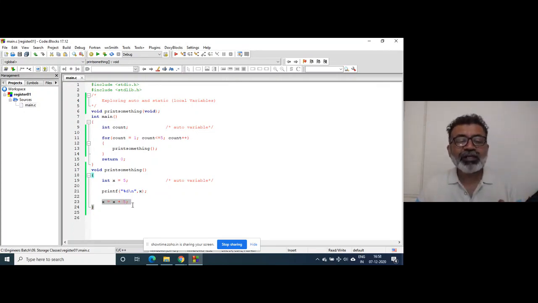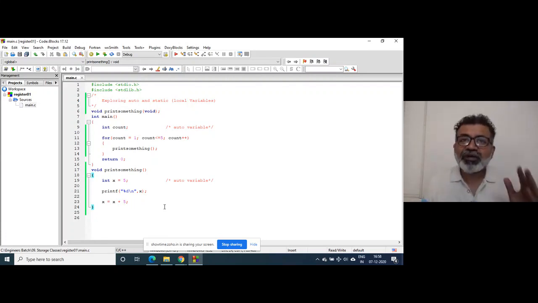The value of x is incremented here. So x becomes 10, but as soon as control leaves this closing brace of the function, the stack is destroyed and x is popped. x is no more, and this function which has been pushed onto the stack is also popped, and that function is no more in the memory, right? So when control goes inside the function again, the whole process is repeated.